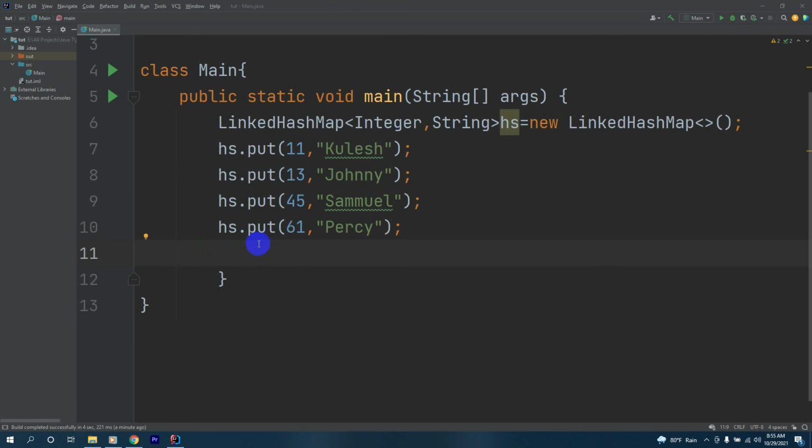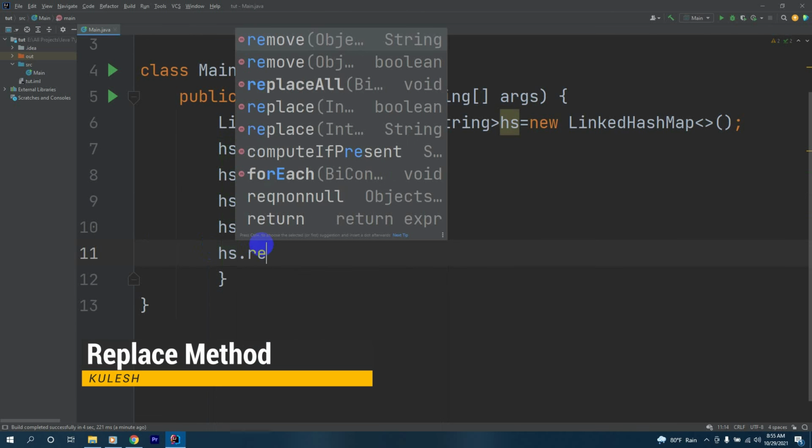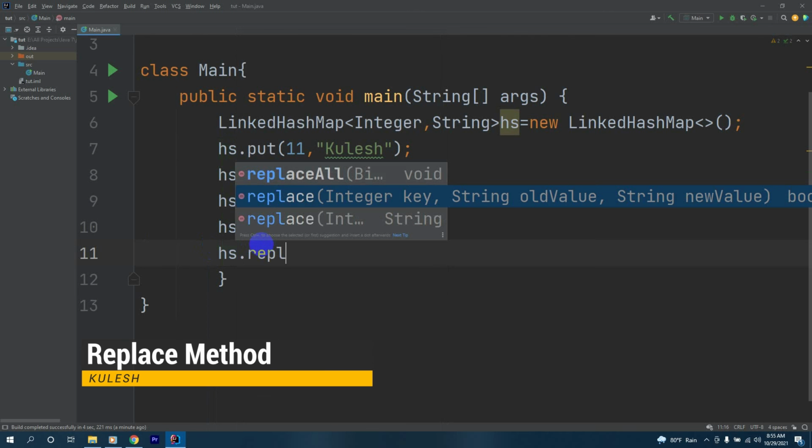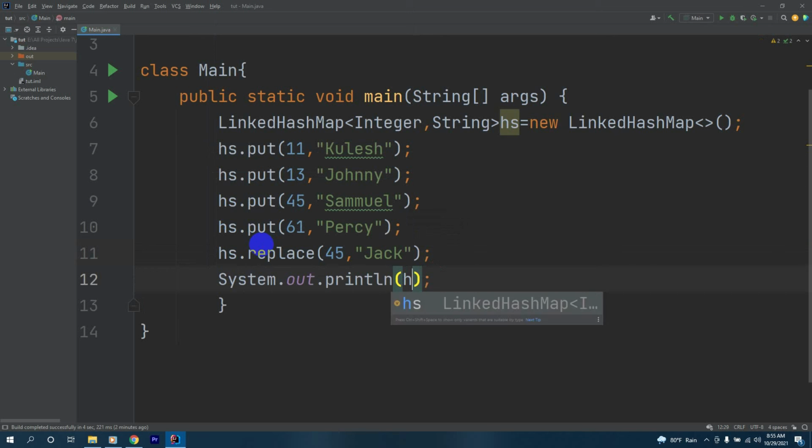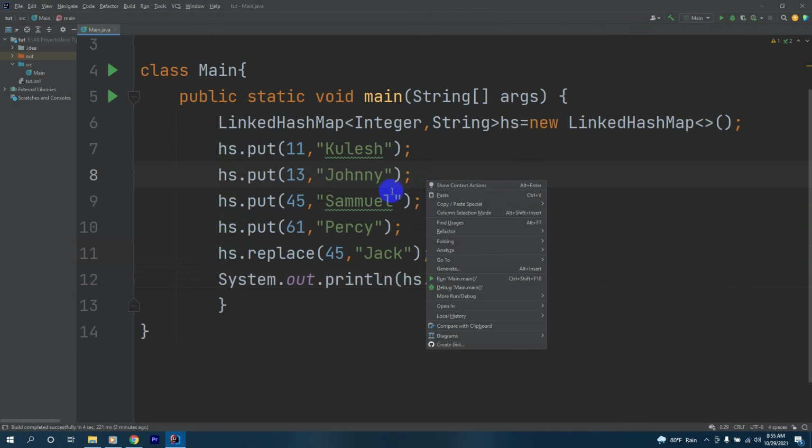Now we'll see another method. We'll have hs.replace, and inside it we'll first give the key of the value we want to replace. We say 45 and we'll give a value. We say Jack, and after that we'll sout our key value pairs. We say hs.entrySet, and now let's run and check the output.